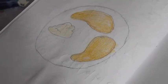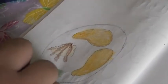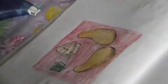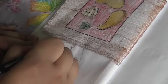Anyway, I like pork chops with the shake and bake stuff, so I'm trying to make the breadcrumbs by just coloring it a golden brown and lightly going over the mashed potatoes with a yellow color and then adding brown for the gravy and of course coloring the green beans green. Once they're all colored in, I'm just going over them with one of my favorite pens to add a nice outline. Also, I just now started using crayons in this, and I don't know why I didn't do that sooner, because these things are so nice for me to work with, probably because I have the mentality of a 5-year-old,